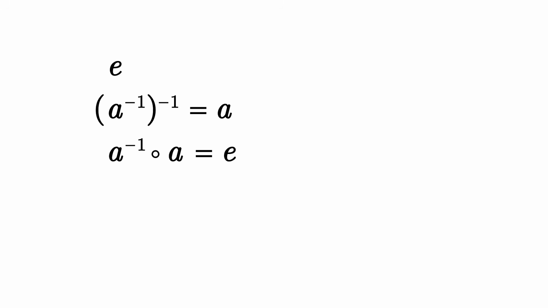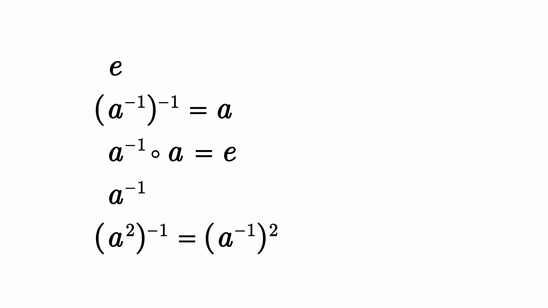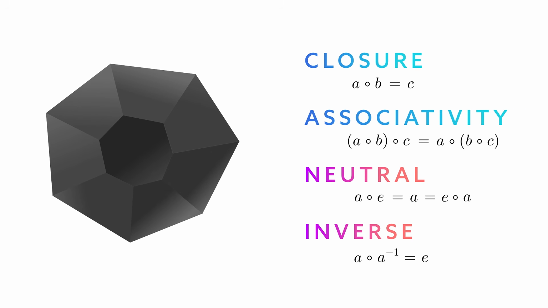I've already proven 5 theorems in such a short time. Again, the uniqueness of the neutral element, that the inverse of the inverse is the original, that inverses also cancel from the left, the uniqueness of inverses, and finally, the inverse of the square is the square of the inverse. But if you too want to have a try at proving such theorems, I can give you this challenge. The group axioms I have given you are not the weakest ones.